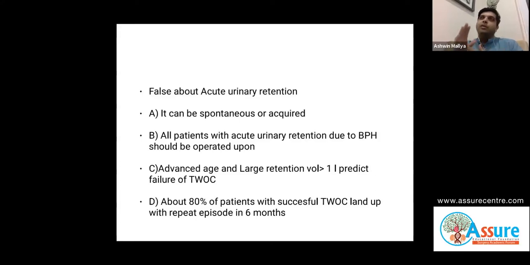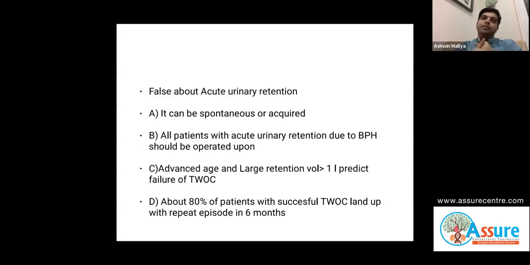So basically what we do when a patient comes with acute urinary retention, you are going to catheterize the patient. After catheterization, you will start the alpha blocker medication, especially if it is because of the prostate. Obviously, if the patient is not on alpha blockers, you will start alpha blockers, and you will give a trial without catheter after say 3 days to 7 days. It varies depending on the protocol that you're using, and at that time you will see whether the patient is able to pass urine. About 60% to 70% of the time, as per Campbell, patients are successful in the trial without the catheter.